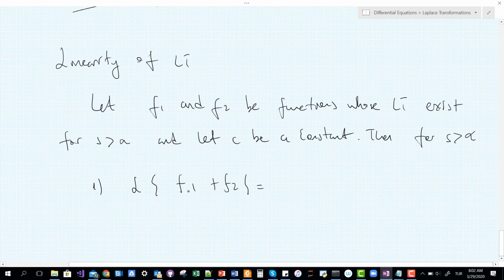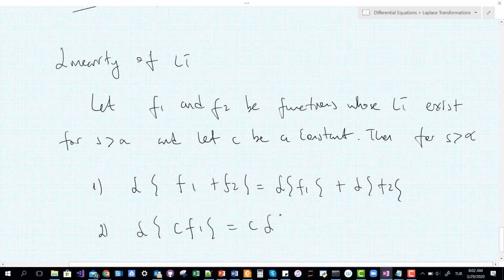The Laplace of the sum of two functions is equal to the sum of the Laplace of these functions separately. So Laplace of f1 plus Laplace of f2. And then the second feature is about the constant multiple. Instead of multiplying the constant inside, you can take this out and then you can multiply the constant later. This is what we call the linearity of